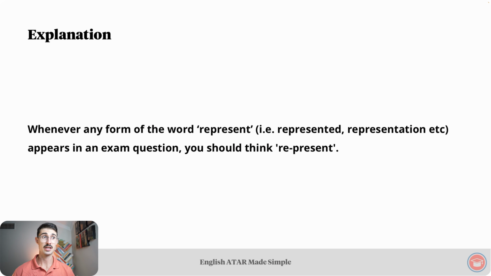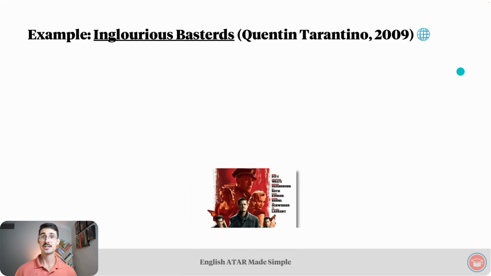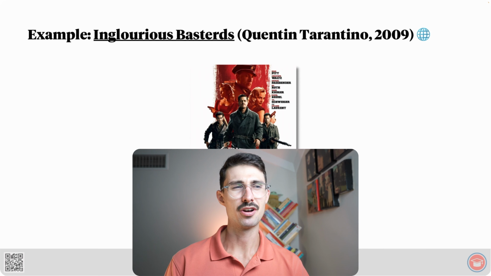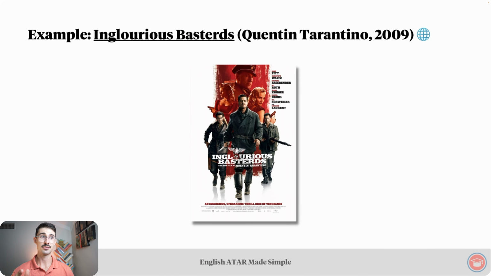Relating this to the Ex Machina example, Alex Garland represented ideas that he read in the book about consciousness and embodiment through his depiction of the way the AI was trained in the movie. Here is another example. Inglourious Basterds, Quentin Tarantino, 2009. Definitely in my top 15, maybe top 10. Link to the trailer is in the resources tab below the video. Give it a watch. Return to this lesson once you are finished watching that trailer.